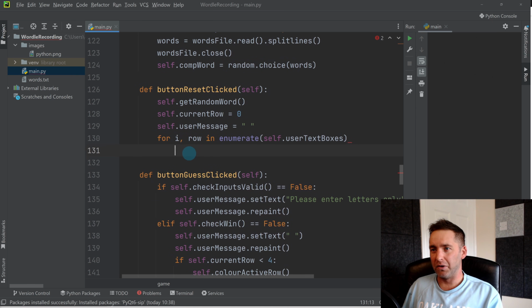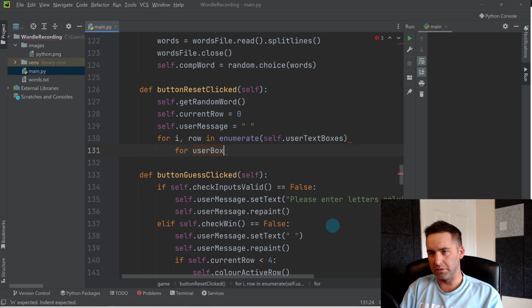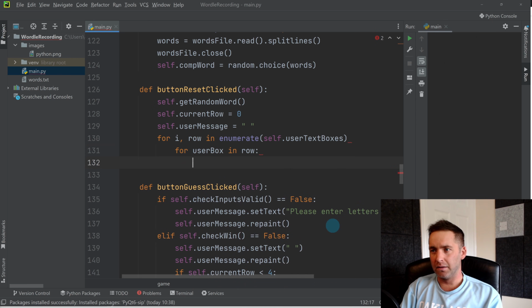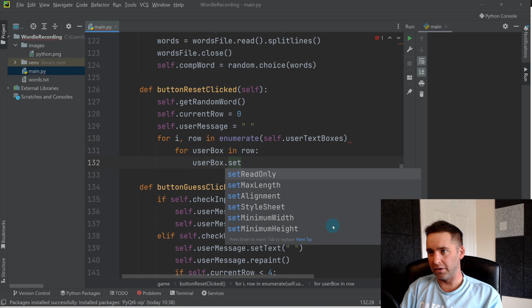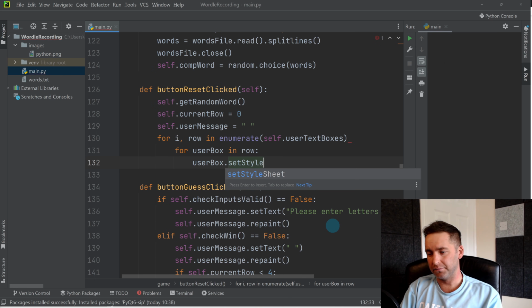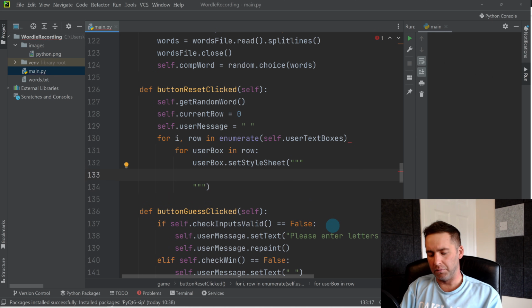So we loop through the whole thing by row, but also we can reference it by i. So we'll say for user_box in row, it's slightly different to what we did before. user_box.setStyleSheet, and we'll have border 2px solid